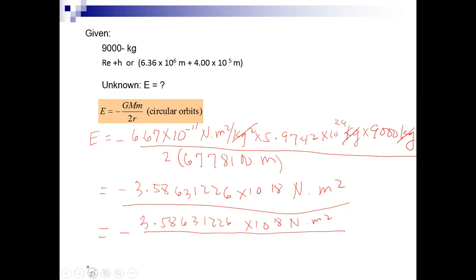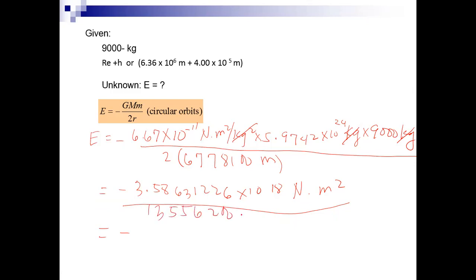Wait lang, class. Ito na pala. Dito ko na lang pala ilalagay. Kasi mauubusan nga pala ako ng space mamaya. Okay, so, it's really cumbersome. 13,556,200. And this time, it is meter. So, ang mangyayari na dyan, di-divide na natin. Pero may meter ka dito, so i-cancel na natin yan. At yung isa doon, natitira na lang ay isa. Ayan, Newton meter na yan. No? So, pag dinivide natin yan,